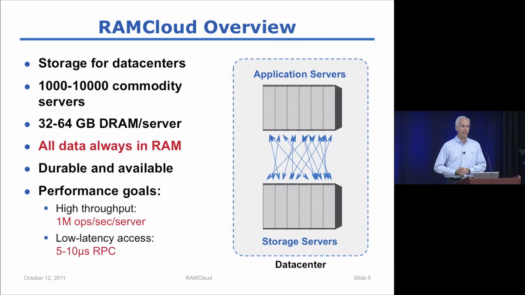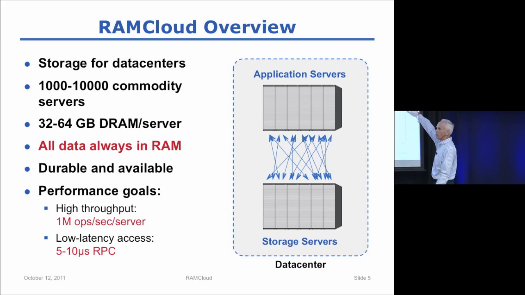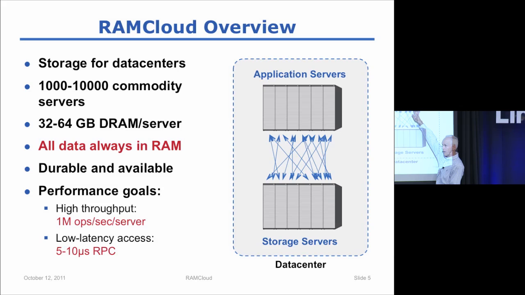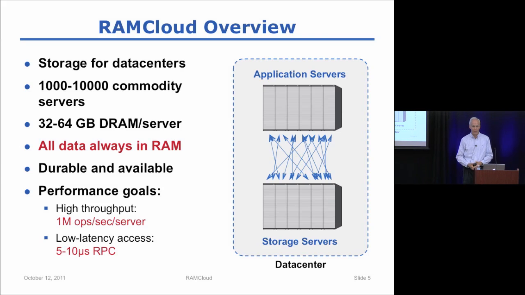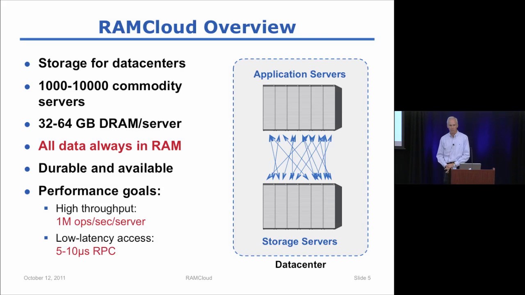And the second thing, as I mentioned on the last slide, is low latency access. And what I mean by that is starting from an application server, in a program running at user space, get across a data center network with on the order of 100,000 machines in it to a storage server, any of these storage servers, into the RAMCloud servers and back with a small amount of data, 100 to 1,000 bytes of data, do all of that in 5 to 10 microseconds. Now you may think I'm crazy for that, and actually with today's networks you can't do that, but we think that with the networks that are going to be available in a few years that will be possible.